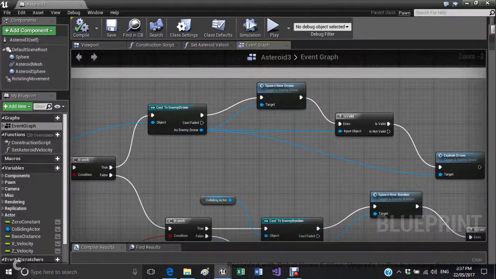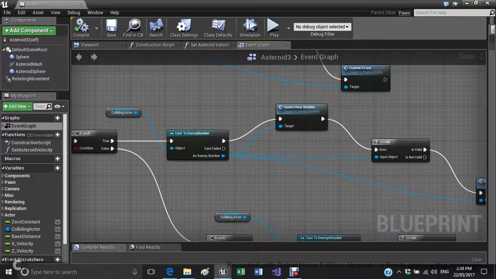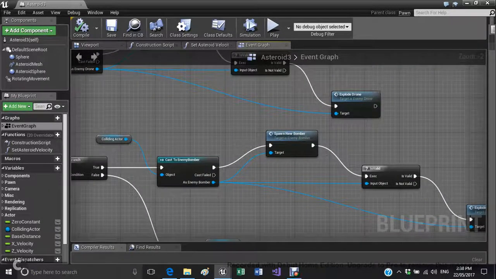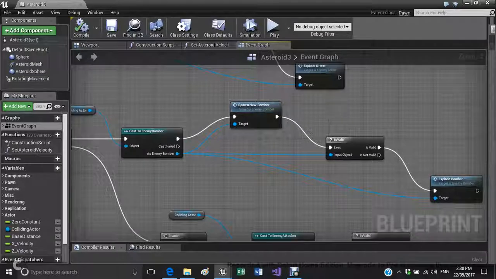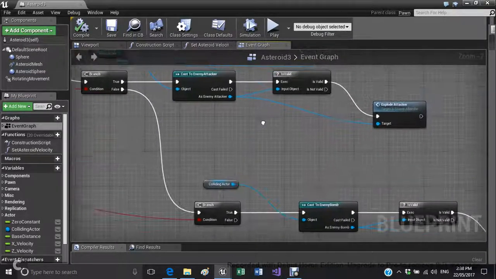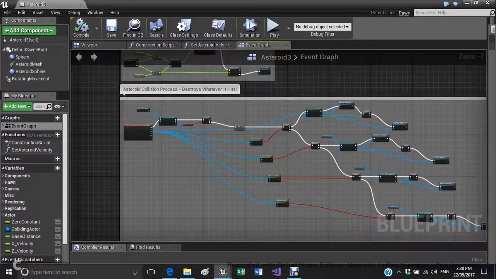So if I destroy a drone, I need to replace it and then explode it. They're different functions because, for variety reasons, the rules behind spawning different units vary, and the explosions for different units take different colors. So at the asteroid level, basically that is handling its creation, its movement, and its collision with